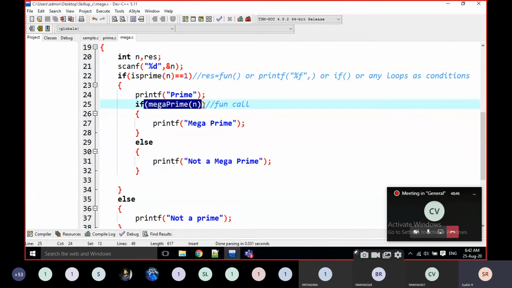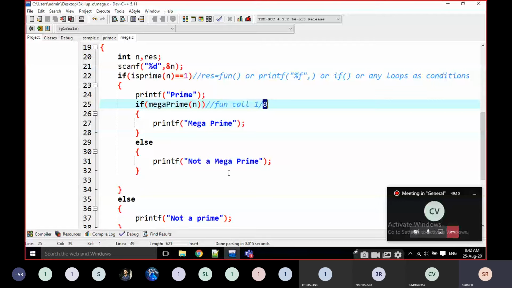Now tell me, is the function called with a return type or not? Yes, no doubt about that. Here also I am passing the function call, and the return is 1 or 0. Only two cases, right? If or else. That's why here I am going to pass 1. It is a mega prime. Else, I am going to pass 0.